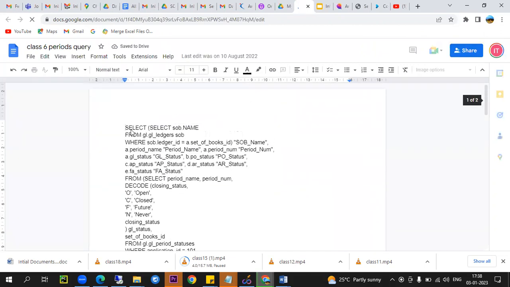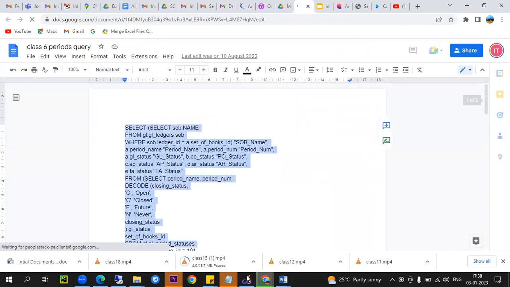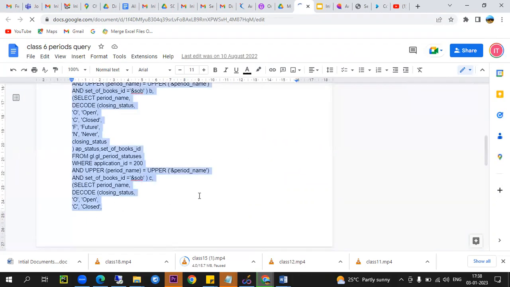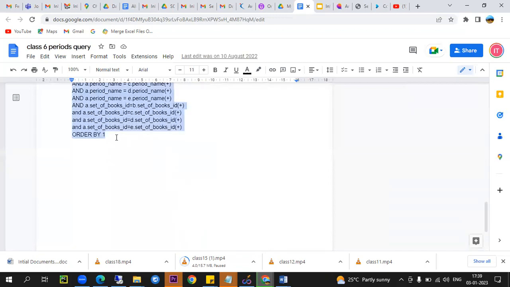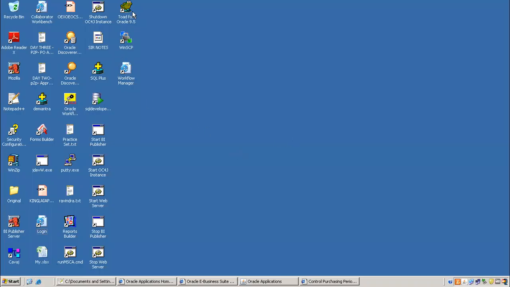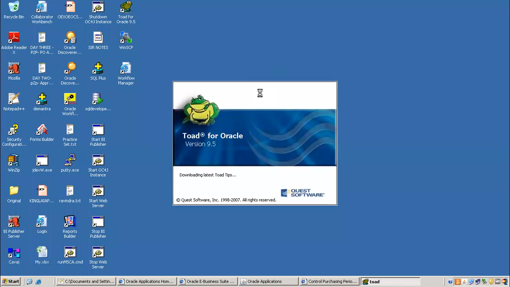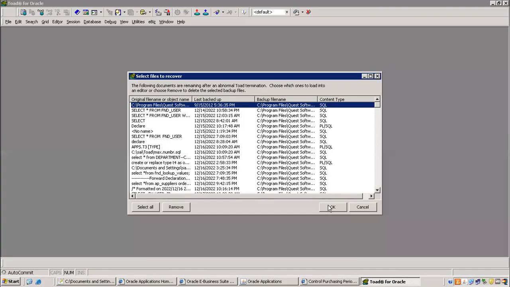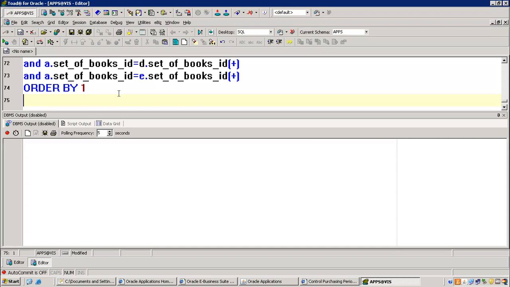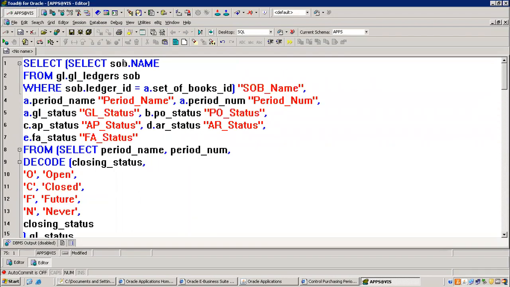Let me execute this query. Usually periods are stored in GL period statuses, that's a table name, and there are other GL tables here too, like books and all. Are there any modifications required here? So GL ledgers, ledger name like Vision Operations, we have given, right?